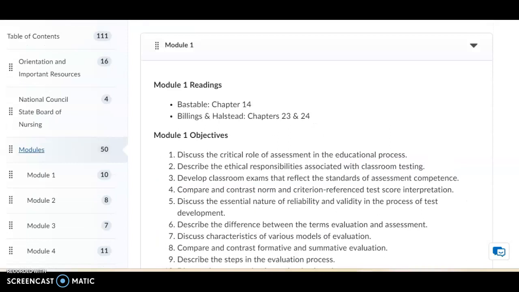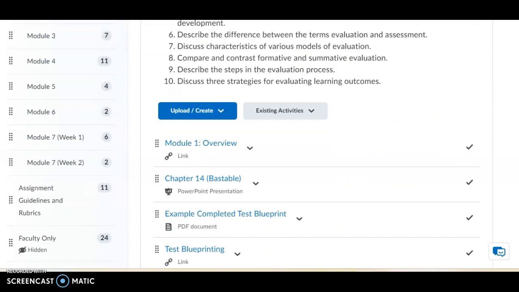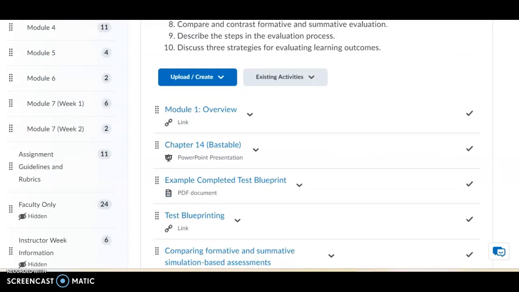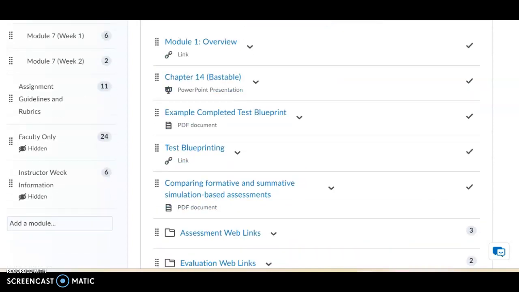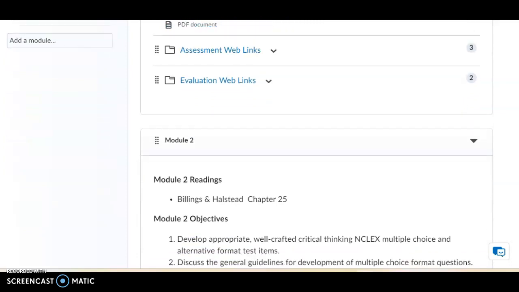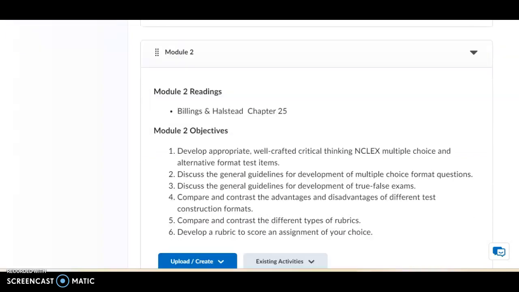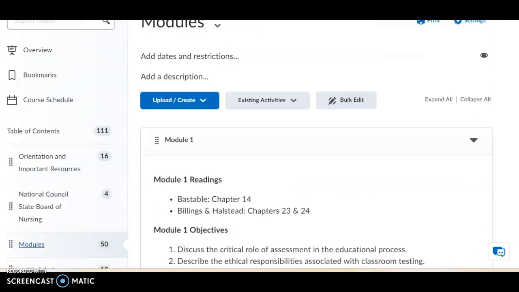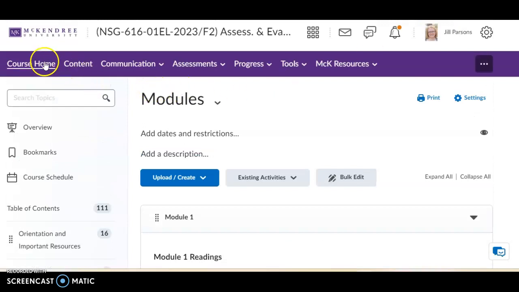But for each module, you will find within the Brightspace course shell readings, you will find objectives, and you will find various resources, including journal articles, as well as web links. So take some time to review those resources relative to the module each week. When we move back home,